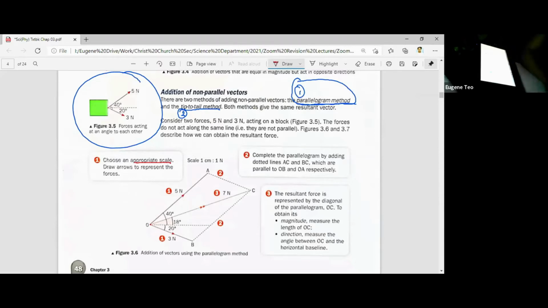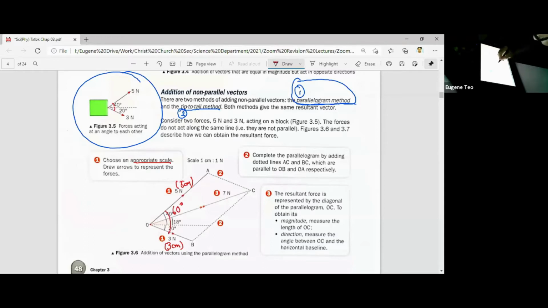How long actually is this 5 Newton and 3 Newton? Because of the scale, 1 cm is to 1 Newton, this is actually a 5 cm line. This is actually a 3 cm line. Okay? Now, because you know this is 40, this is 20, what you can do is just draw a 60 degrees